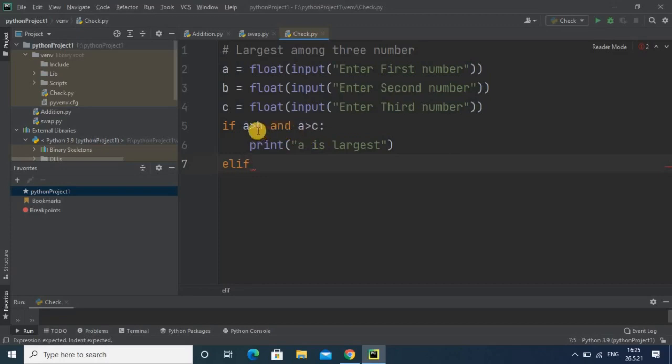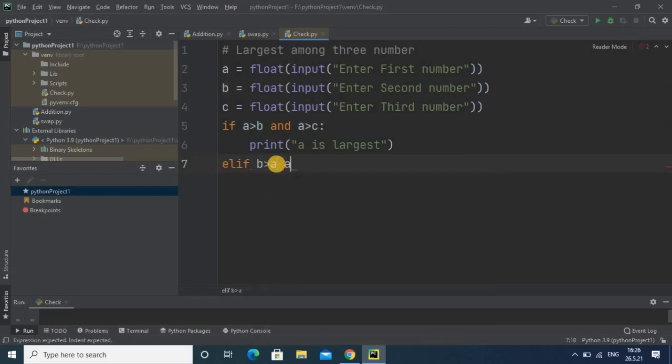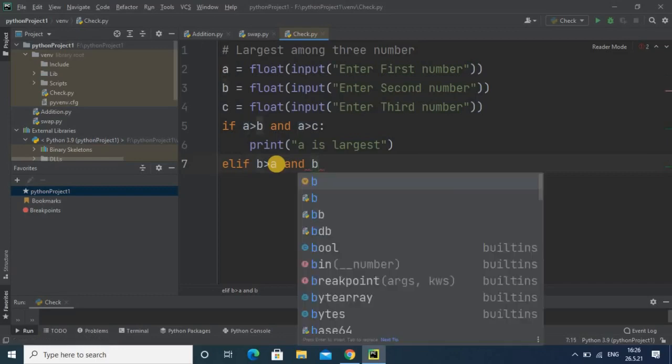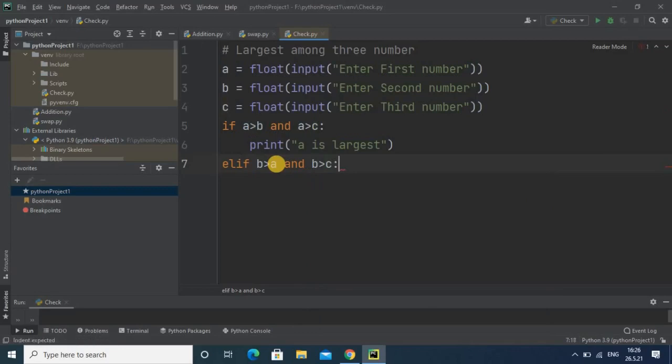Suppose this condition is false, then it will go into the next one, and this time we will take B. B is greater than A and B is greater than C. So here again we have to print the message: B is largest.